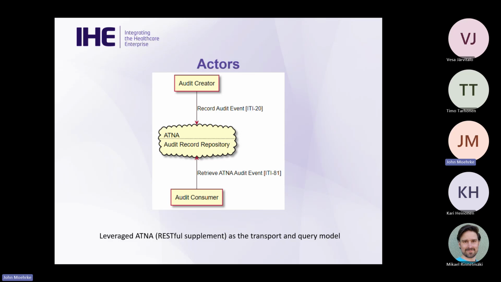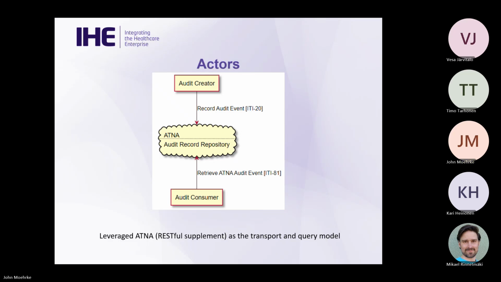that ITI-81. Within here, we do get into some things which is rather typical with content profiles, in that you are defining contextual profiles, and from a consuming side, you're defining some specific ways to query and some specific use cases for query. So there is some profiling there, but it's predominantly around the content. So BULP is a content profile on the FHIR AuditEvent in the context of ATNA.